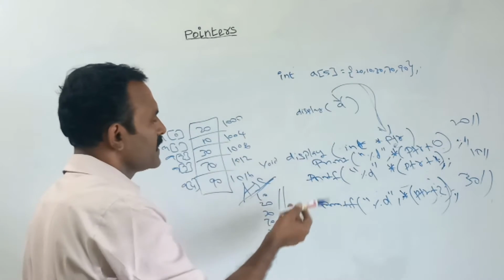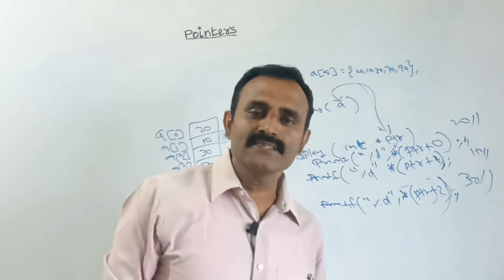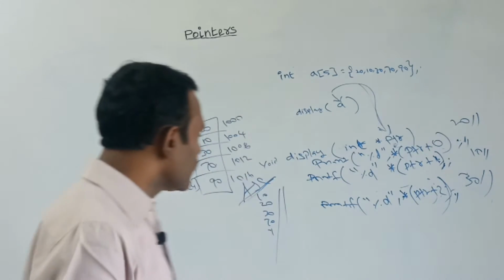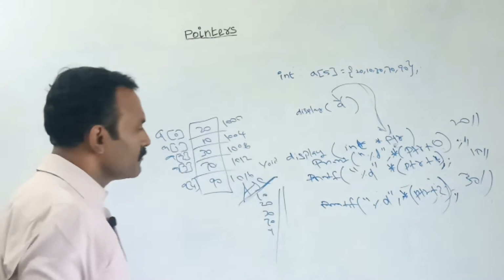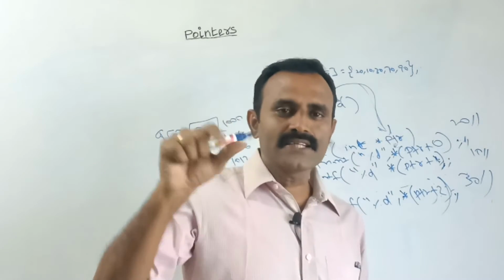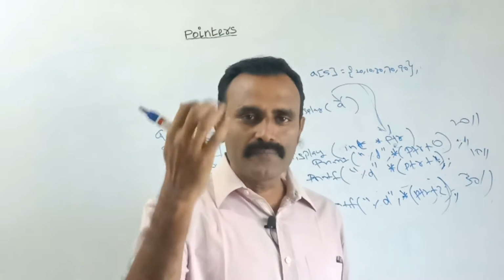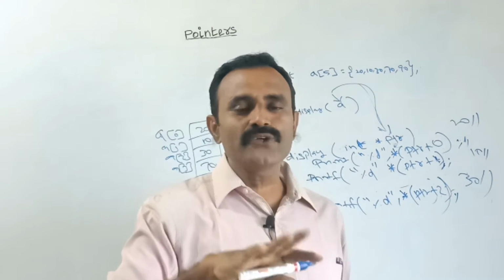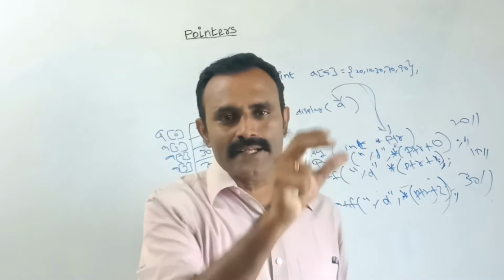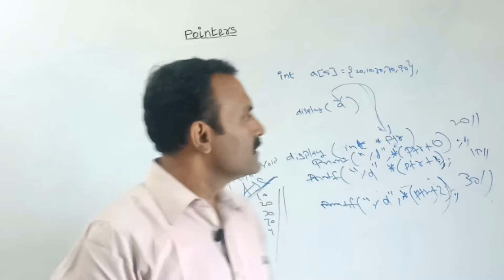Suppose you are giving descending order, then it will print from bigger number to smaller number. So now let us see the simple example. We are going to pass the array to a function, and with the help of the pointer variable we are going to fetch the base address, and display the array list, that is the elements inside that array, in ascending order. See, now let us see.